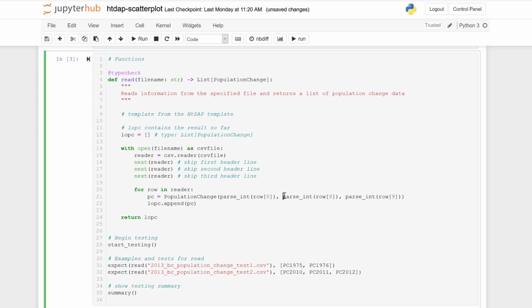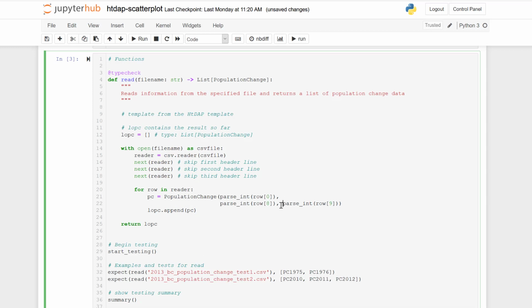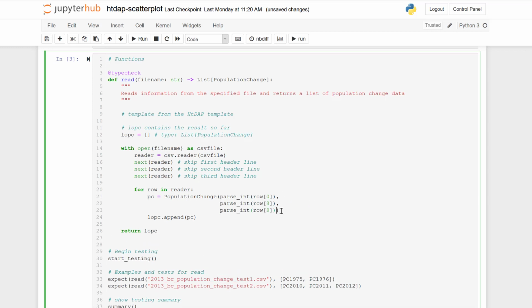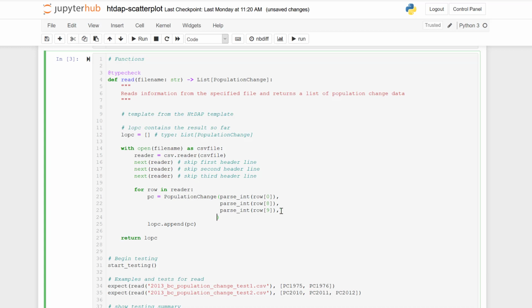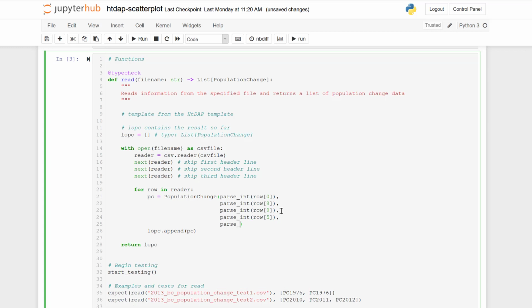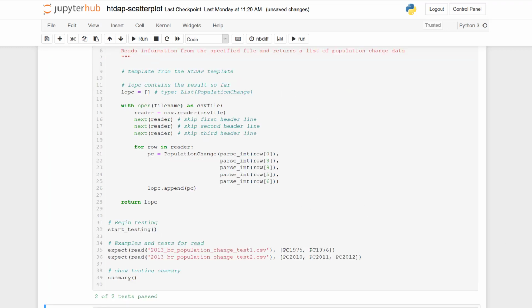I'm going to space this out a little bit differently, as our one line of code would have gotten too long. Double check that my parentheses are lined up, and they are. Now let's run this, and our tests are passing.